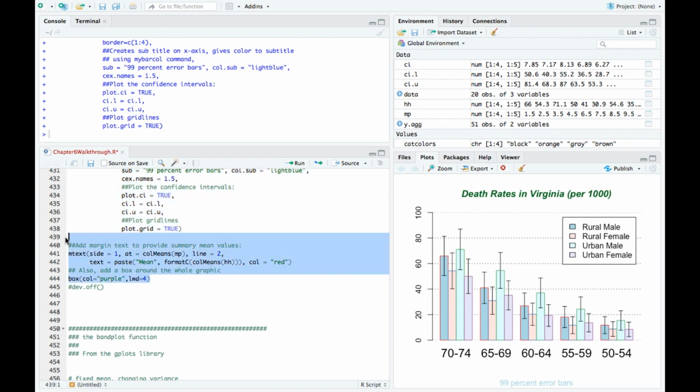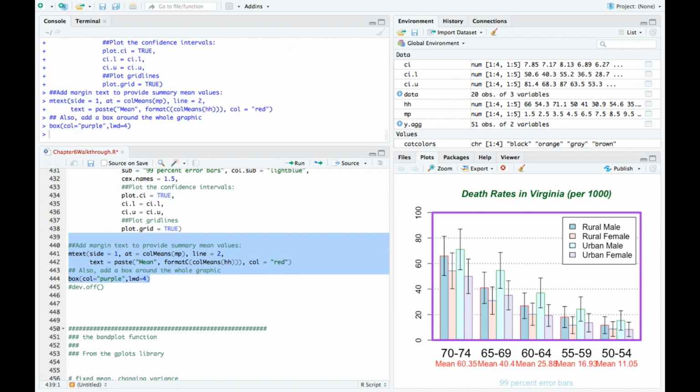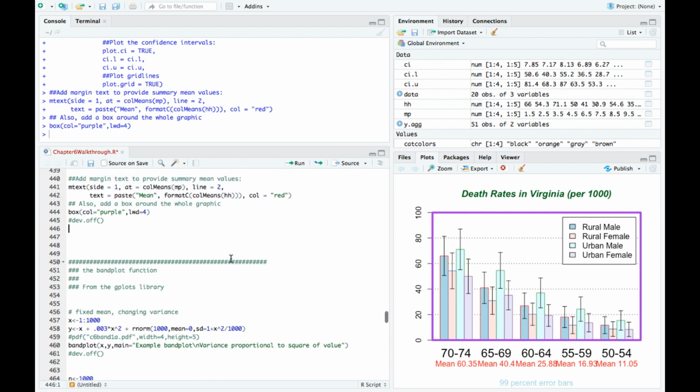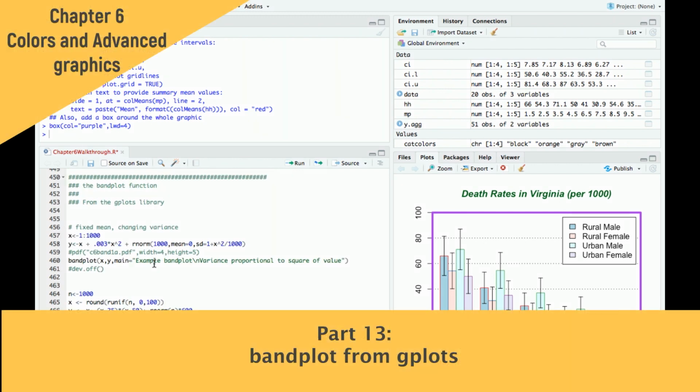MText and box are things that are available in the base R package, and MText I can use to add margin text to add more complicated horizontal values, and box I can put this around. I think this example was originally adapted by a student in this class based on some blog post somewhere, and so this might be something familiar that people have seen before if they're looking for a nice bar plot in R. The band plot